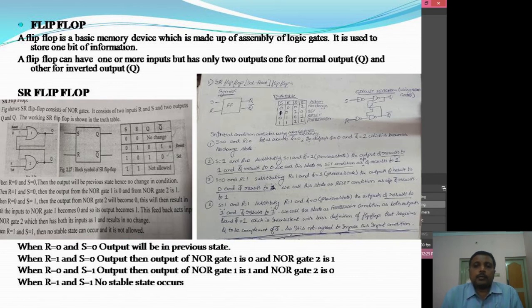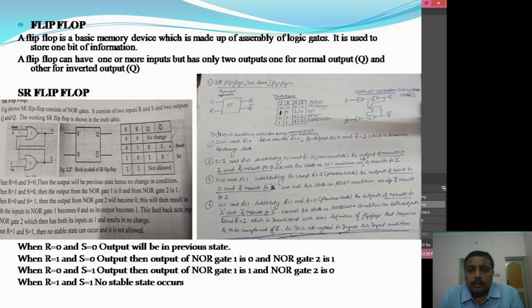So let me just work around, try explaining this circuit. In the last circuit diagram towards your right, you have 4 NAND gates being used. That is, S is going to have a single input, 1 NAND gate. The output of that NAND gate is connected to the input of the other NAND gate. R is going to have 1 NAND gate below, and the output of this is going as an input to the second NAND gate. So in all we have 4 NAND gates in the last circuit.